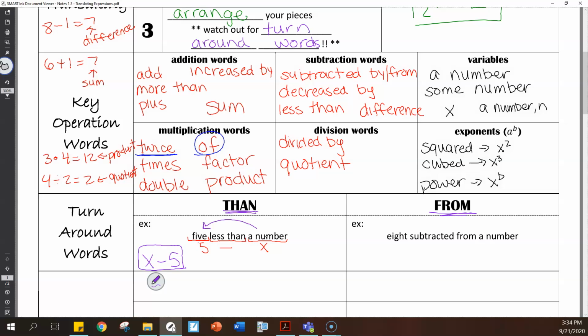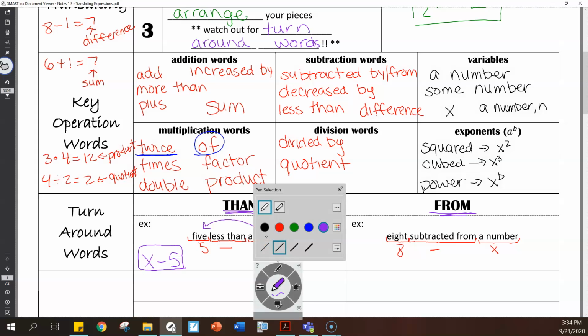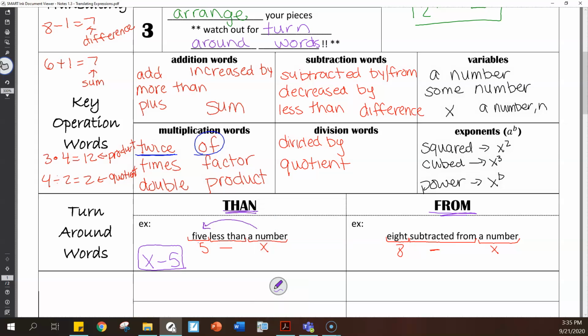Same thing here with from. I can translate my pieces. 8 subtracted from a number. 8, subtracted from tells me I'm going to subtract. And then a number, I'm going to use x to represent that. But that's not 8 subtracted from this number. This is 8 minus that number. From is a turnaround word that tells me I need to change the order of these two things. This tells me I need to do x minus 8 instead. So make sure you're checking as you arrange your numbers, make sure you're checking for those turnaround words than and